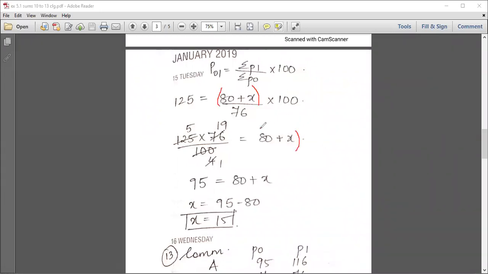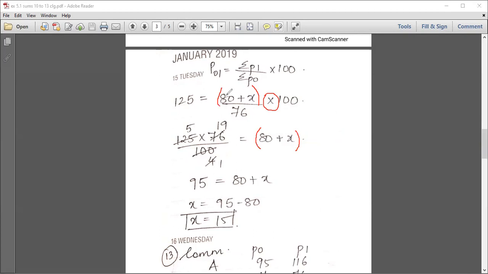One term means whenever you see plus and minus, don't go for cancelling. Like if you see 80 or 76, you may think, okay, let's cut it and finish off the sum. No, don't do that. Whenever you have a plus sign, you cannot cancel. Whenever plus and minus come, you cannot do cancellation or division. Keep that in mind. As far as 76 and 100 are concerned, yes, you can cancel, because there is a sign of multiplication over here. Understood? Be very careful with these sums.